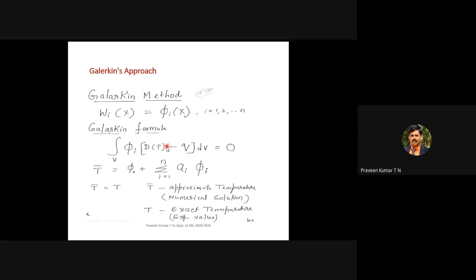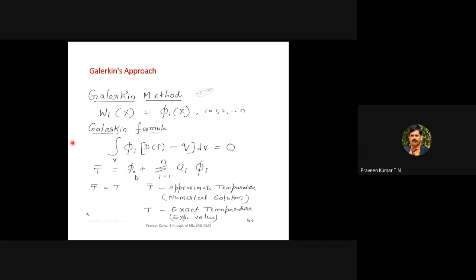Now d of t is the error, the residual. The residual is nothing but the actual solution minus the finite element solution, and that is equal to 0. When you come to heat transfer, this residual is nothing but the differential equation. We have derived the differential equation like del square t divided by del x square plus del square t divided by del y square plus so on, equal to, on the right hand side, q. If you take the right hand side to the left hand side, that is nothing but the residual. The left hand side has the differential equation, and the right hand side term you are taking to the left hand side.